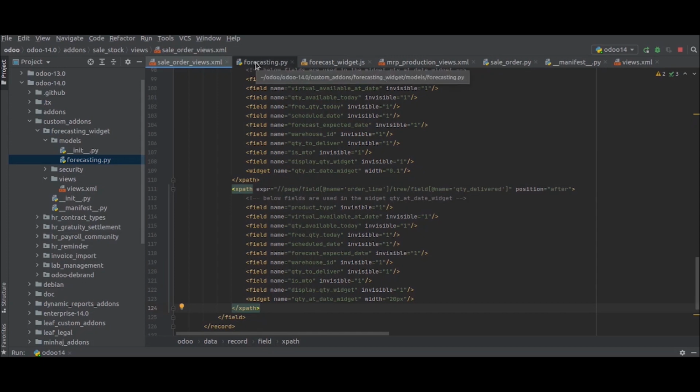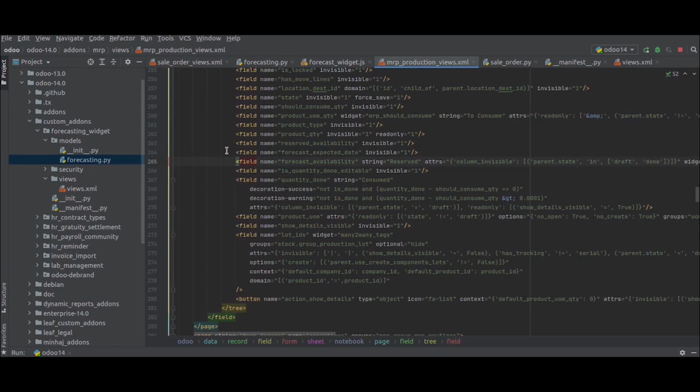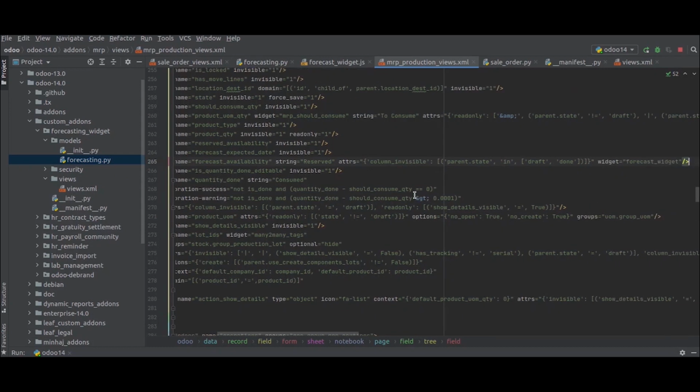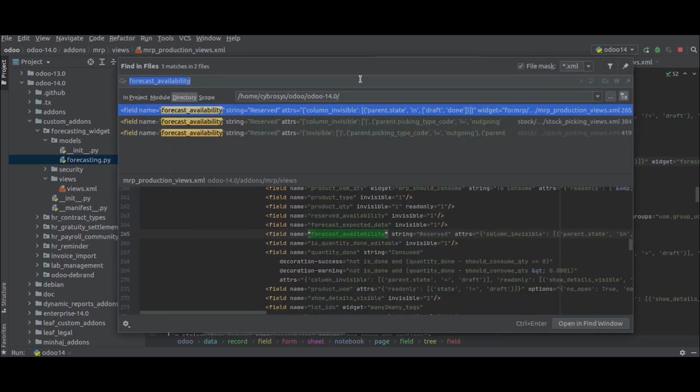Also, you can define this by just mentioning it at the end like this. If you mention widget equal to forecast_widget, and if you have the necessary fields, for this, if you see the forecast availability, if you check this Python field, it needs some basic fields for the computation.